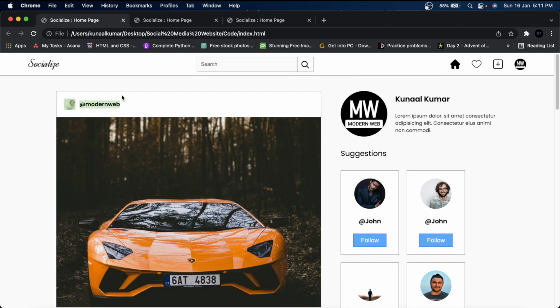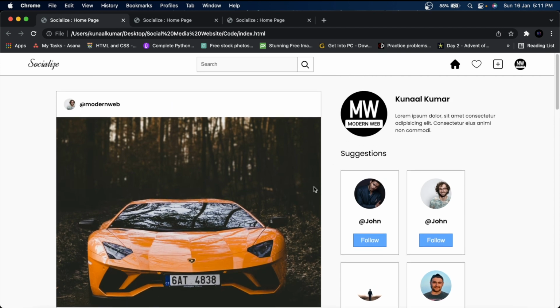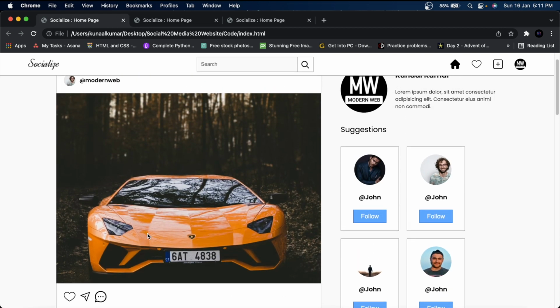After the navbar we have this post section. We have the post header, the post image, and we also have a user info on the right side. We have these little icons of interaction, and we have the like button and the description and add comment input box. It looks awesome. And also if we click on the like button of the post, we are getting the red heart animation, and we are getting a smooth effect also.